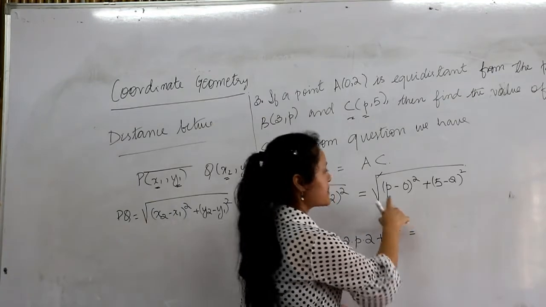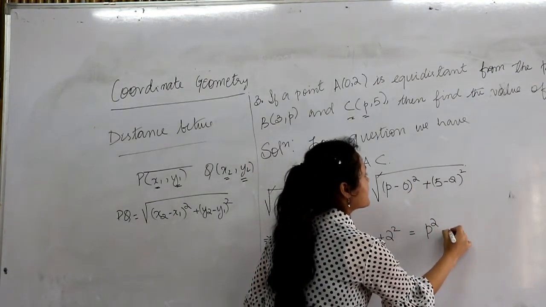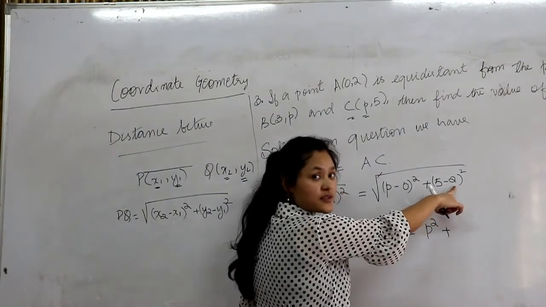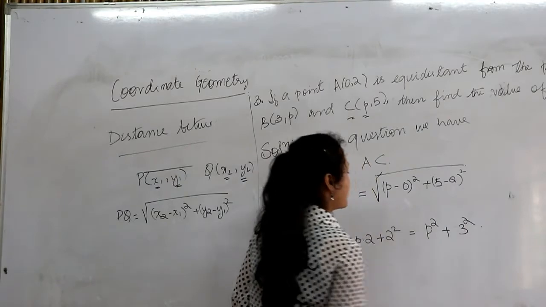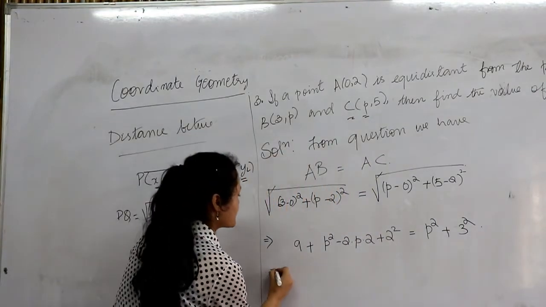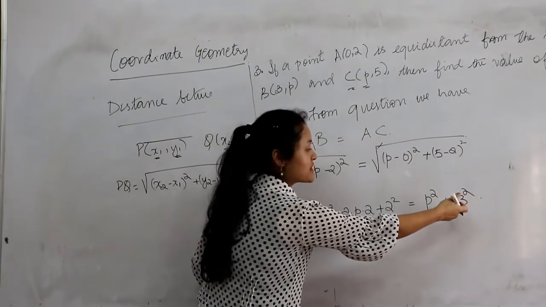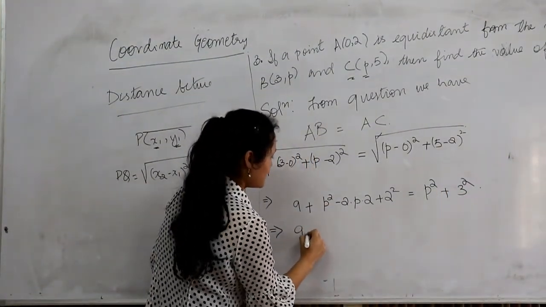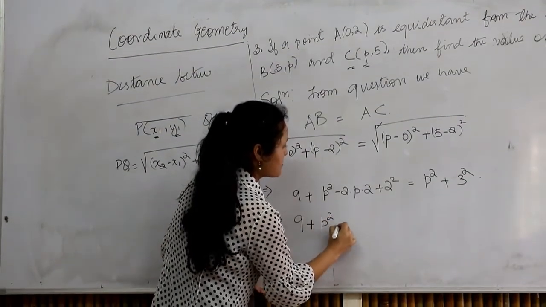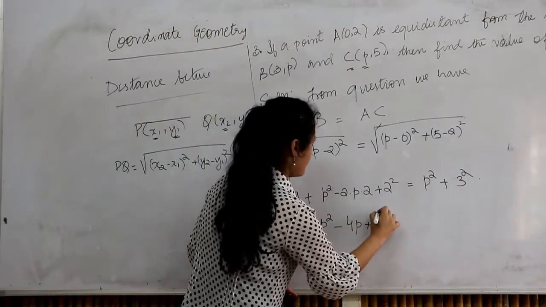So here the same, P minus 0 will be just P square. And here 5 minus 2 is 3. But square is also there, 3 square. Okay. So simplify this one. Bring all the quantities from the right hand side to the left hand side. Okay, 9 plus P square minus 4P plus 4